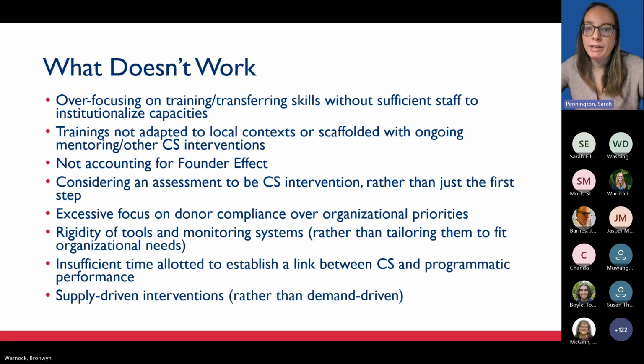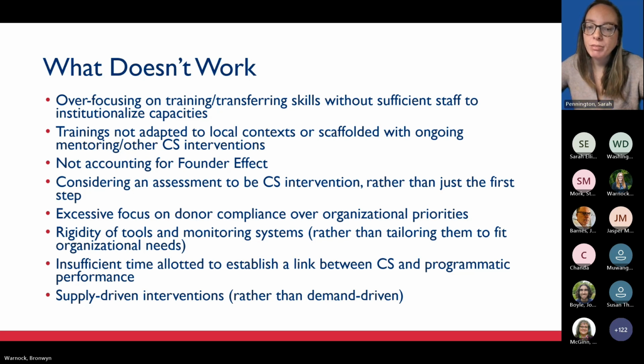In the same vein, while it is important to help local partners prepare to receive direct funding, we shouldn't be focusing on getting them to comply with donor requirements or setting up monitoring or reporting systems just for the sake of making donors happy at the expense of the organization's own priorities. One expert we interviewed told us a story about an organization that set up a timekeeping system just to be able to report to the donor that they had one, and they didn't actually use it for their own management